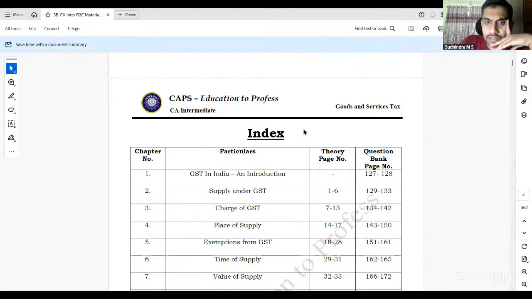So with this understanding, we'll start with the first chapter, GST introduction. There we understood why GST. We have discussed that it's an indirect tax, with incidence and impact on two different people, correct? Then why GST? What was there earlier? We had compared the cascading effect of taxes. We had discussed the examples, right? The features of GST we had understood.